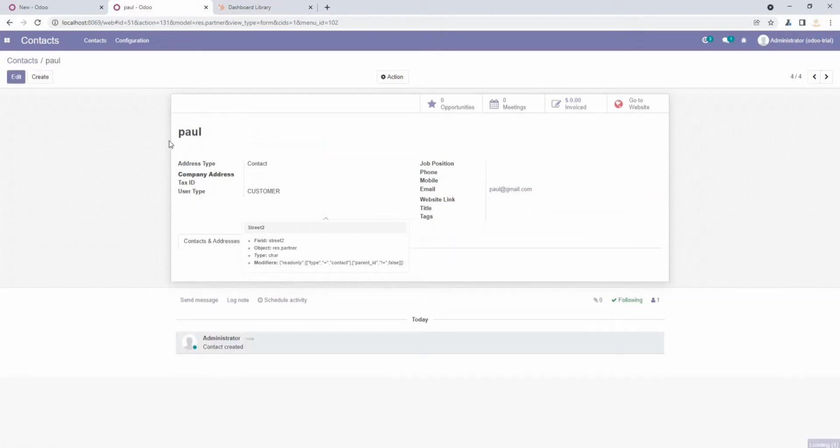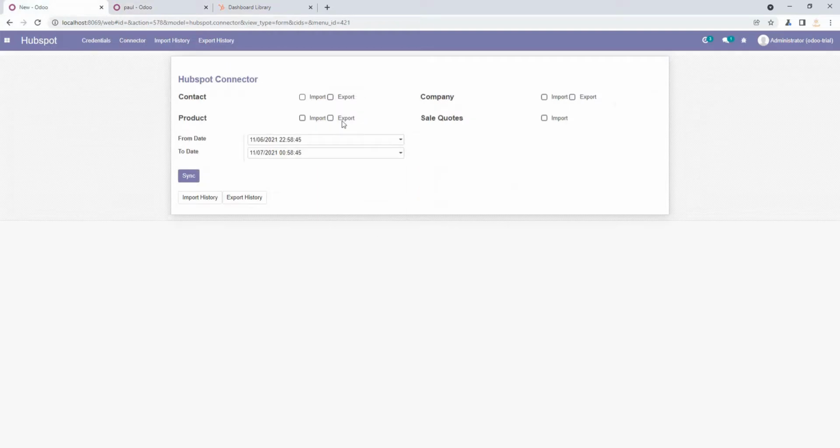So the contact is saved successfully in Odoo. Now I'm going to export the contact, and we are already in the specific range. So I just click the sync button.